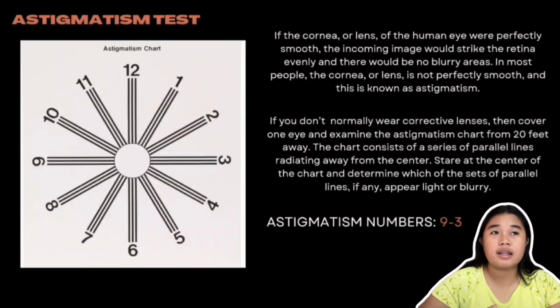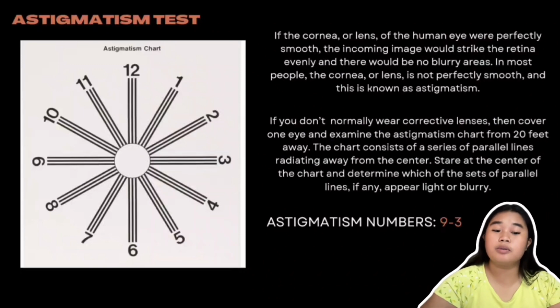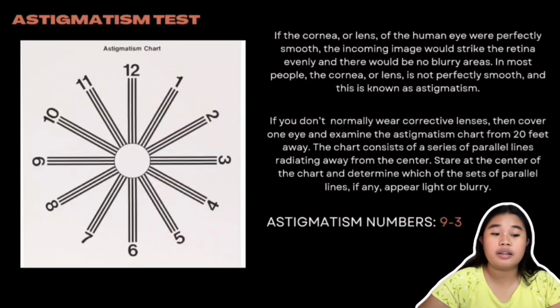For us, we tested with a lab partner if we have astigmatism or not. First, cover one eye and examine the astigmatism chart from 20 feet away. The chart consists of a series of parallel lines radiating away from the center. Stare at the center of the chart and determine which of the sets of parallel lines you can see. If any appear light or blurry, if any of the lines look darker or thicker than the others, then you